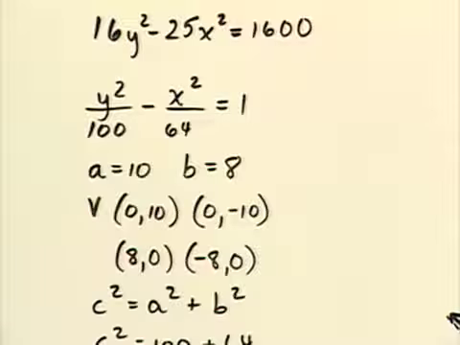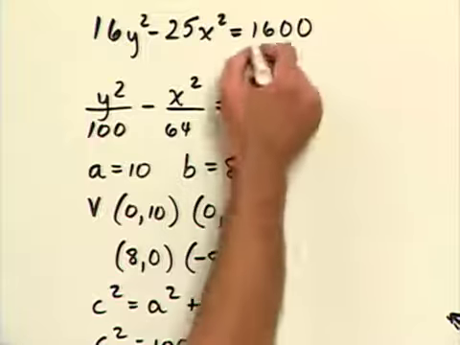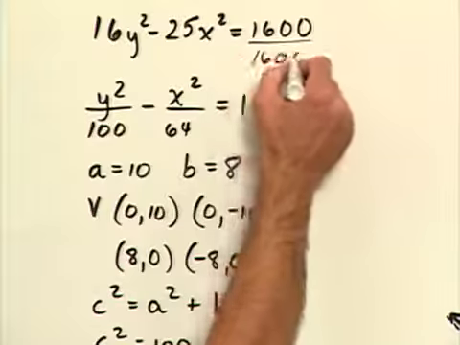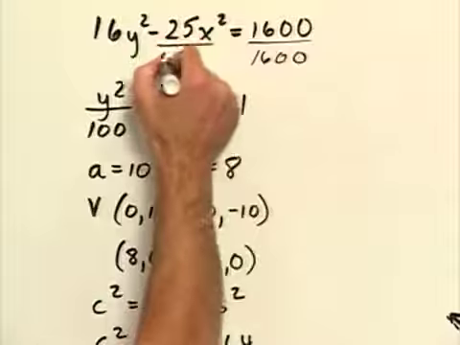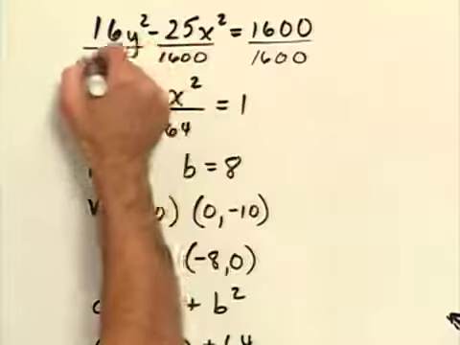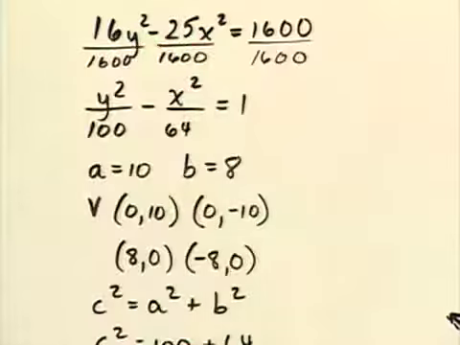We are to graph this hyperbola. To graph this hyperbola, our first step would be to divide both sides by 1600 so that we can get it in the general form of a hyperbola. So I'm going to divide by 1600 here, and here, and here. When we do that division, we get y squared over 100 minus x squared over 64